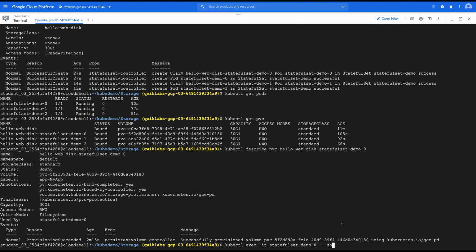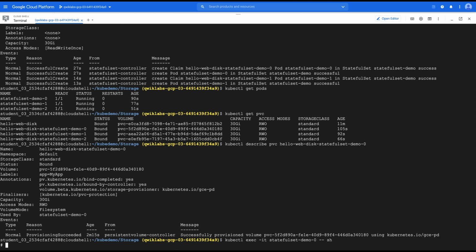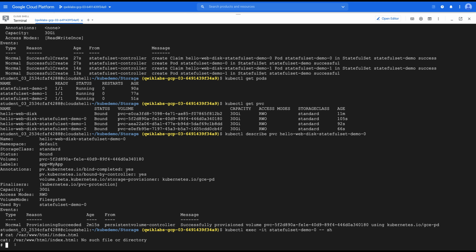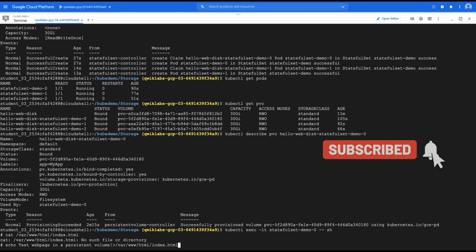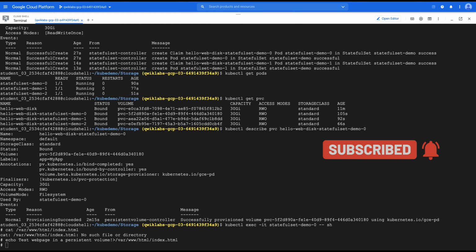I am going to sh into it. There is no index file because it's a new PVC created for this pod. So I am going to fire the same exact commands as earlier: echo test web page in a persistent volume into index.html, and then make it executable.